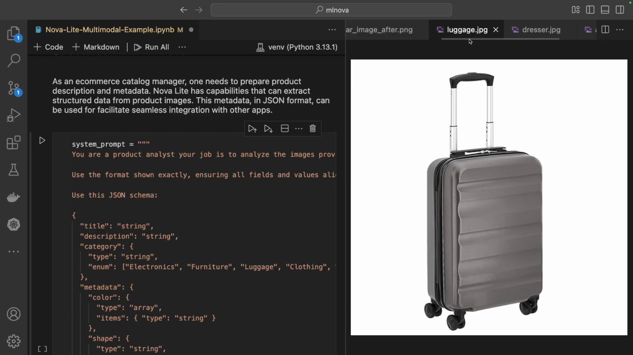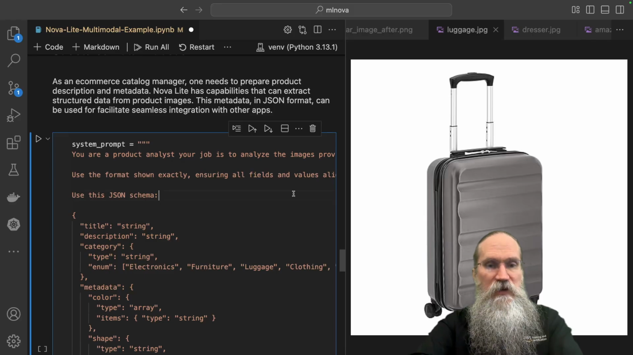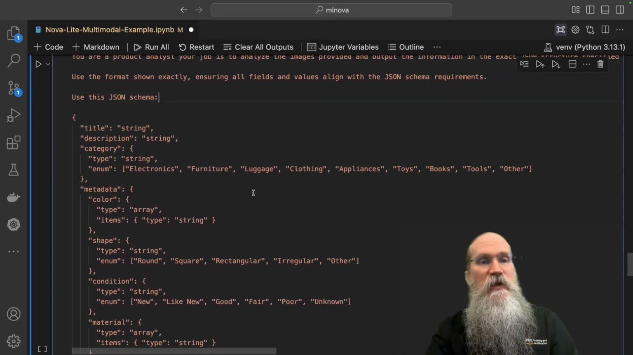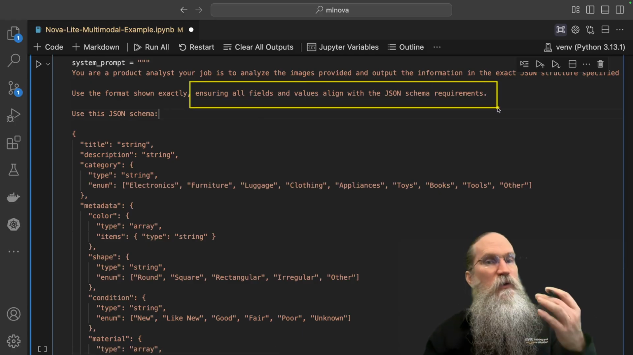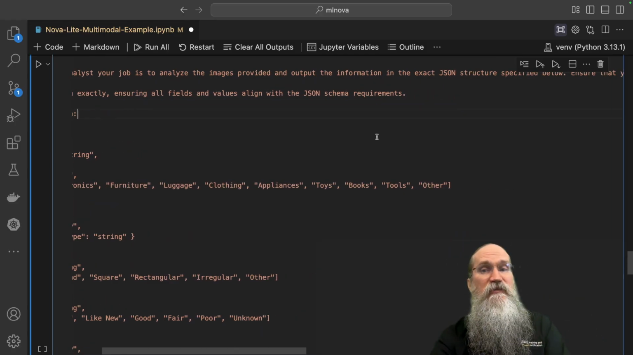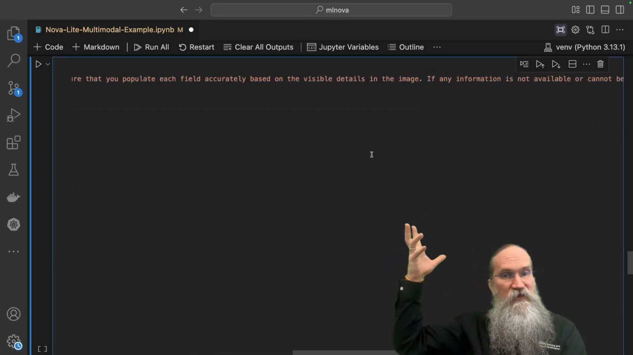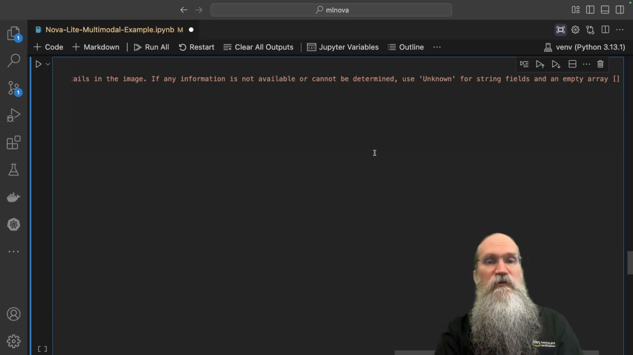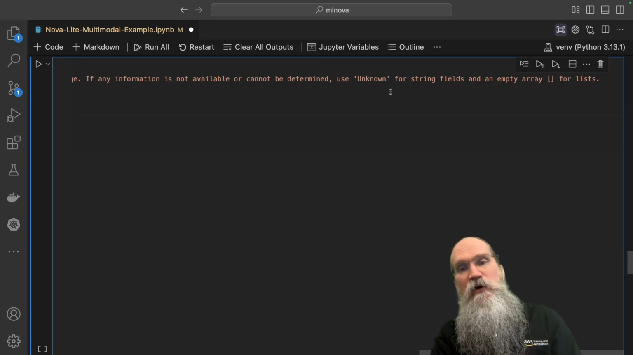There. We could go in and assess some details about it. So let's say that we have some different categories we would want to analyze in our product catalog. But specifically, we want to ensure that the output is in a certain JSON schema. And we have some particular details about populating fields accurately based on the image. And then if there is not a particular value that's known, determinable by the model, then unknown will be provided